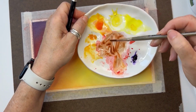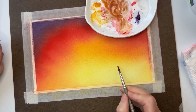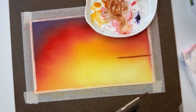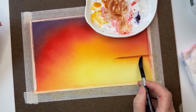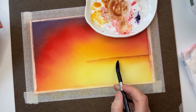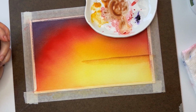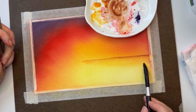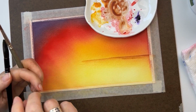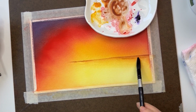I'm bringing these colors. I'm trying to get it where you can see it. Now I go to mark the horizon line. I go with this, and before it dries, I go with water so that it blends. Okay, I can do it like this, or now that this is wet, I'll bring it down a little bit more, and I can go back and leave it light, bring it down a little more, keep it like that. I can play. So going back with my water,